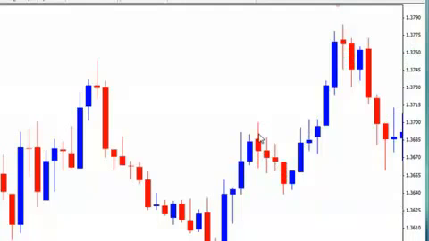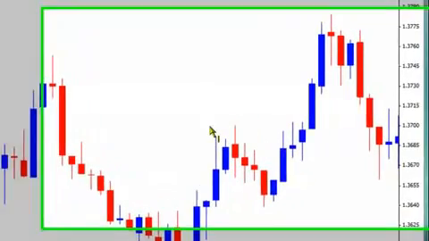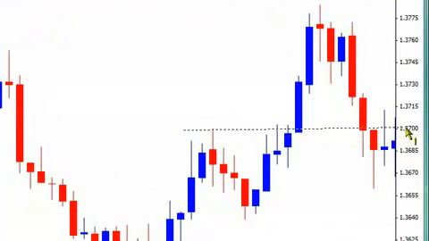So let's take a look at this. What we would do with our strategy in place, once we have this pattern right here, is we would start by drawing a horizontal line across the top of the left shoulder. So there's our horizontal line. And then we would draw a